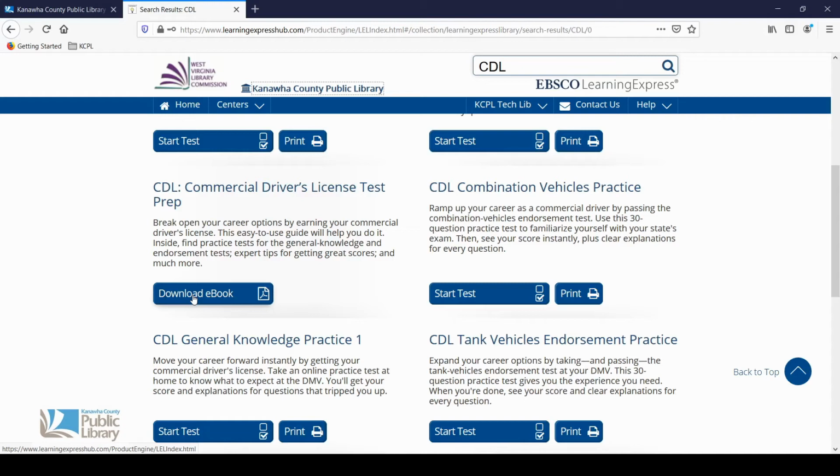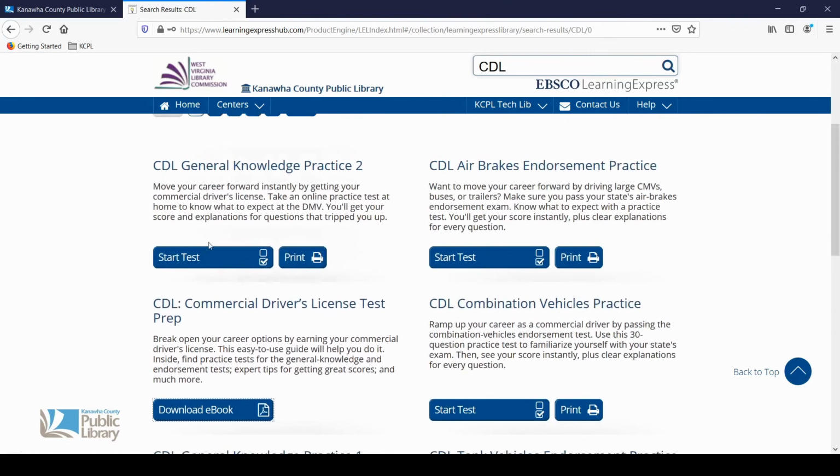Many of them are ebooks or related tests and courses. If you find a material you are interested in, you can simply download it, and it will allow you to download the PDF that you may then open and read immediately. Or, if you wish to take the test, you simply press Start Test,